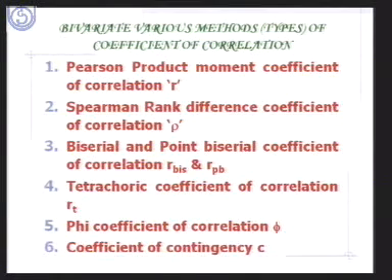The third kind is the biserial or point biserial coefficient of correlation. Fourth is the tetrachoric coefficient of correlation, the fifth is the phi coefficient of correlation, and the last one is the coefficient of contingency. We will talk a bit about all, but first we will talk more about the Pearson product moment